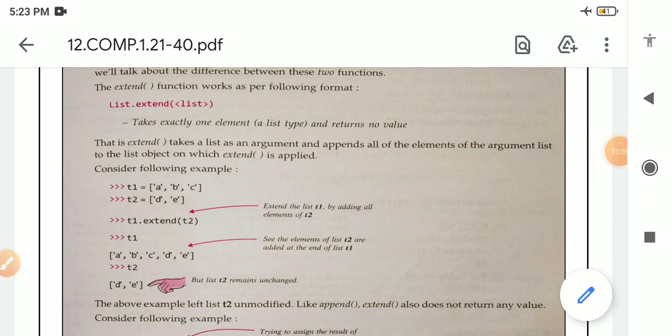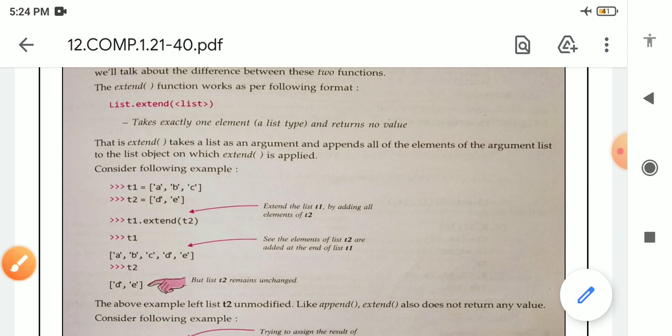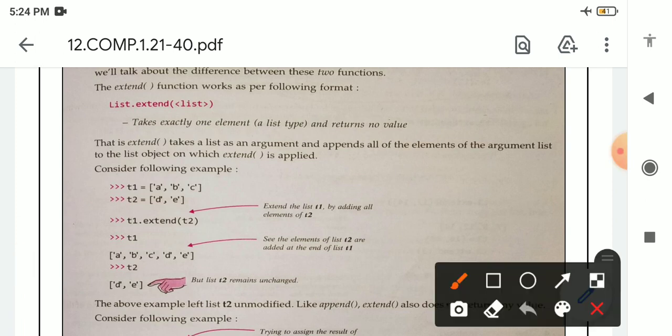So in the extend method, a list is used as the argument, like this. The extend method is also used to add multiple elements, but the elements will be in the form of a list. It takes exactly one argument of list type and returns no value. That is, extend takes a list as an argument and appends all of the elements of the argument list to the list object on which extend is applied. For example, see here,